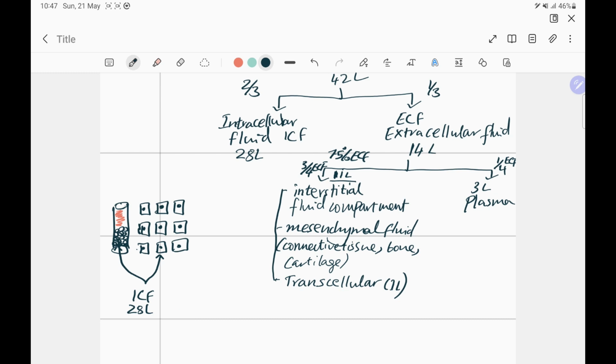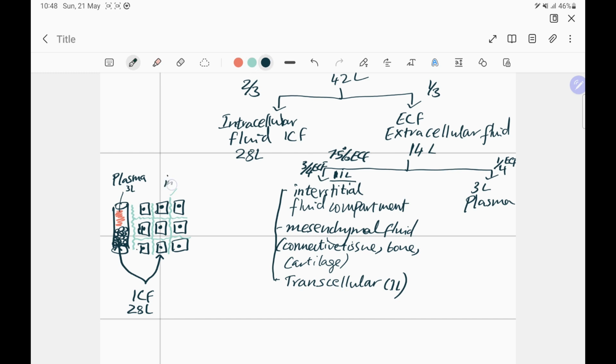All right, and if we look at plasma, plasma is the extracellular fluid in the vascular compartment. So plasma, which I shaded in red over here, is around 3 liters. This is the extracellular fluid that surrounds your red cells and white cells and platelets. Then in green, I'm going to shade this fluid which is outside the cells and outside the vascular space. This is the ECF of the extravascular space, and this is your interstitial fluid compartment.